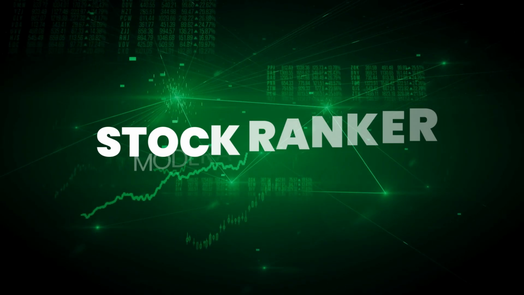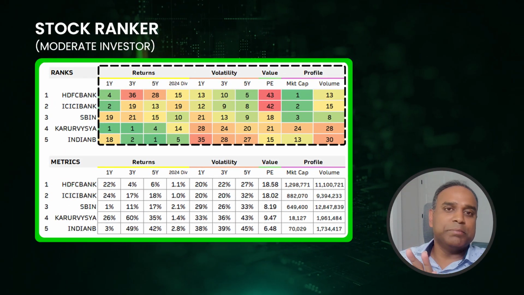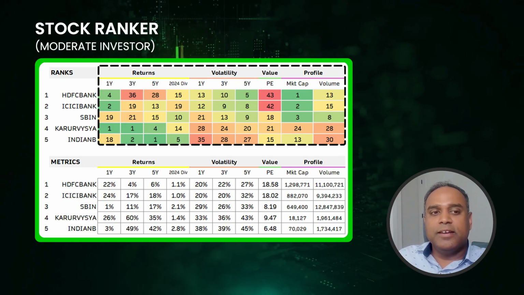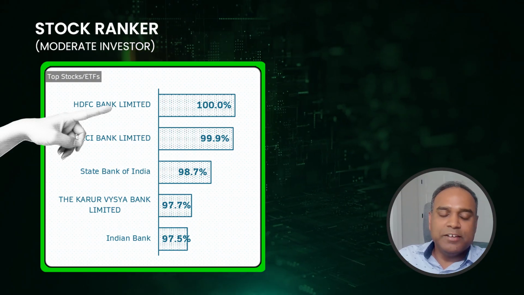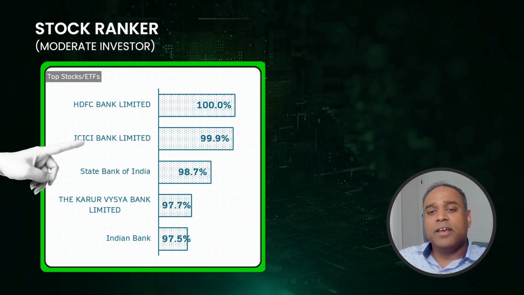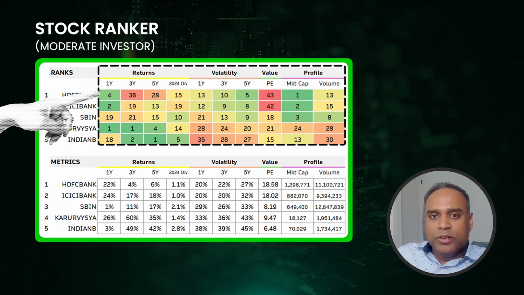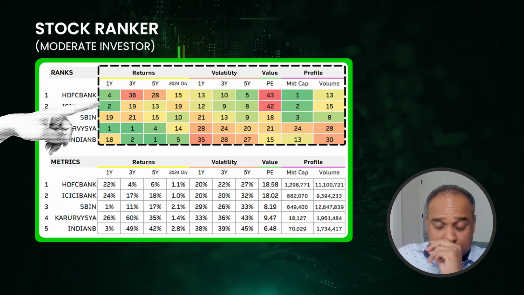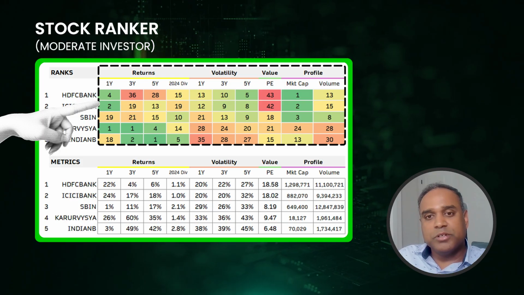Now, what if you're a moderate investor, where I am giving equal importance to all the 10 metrics? Giving equal importance to all the 10 attributes, which is my best stock? HDFC Bank comes to the top with ICICI very, very close. So the top 2 are HDFC Bank and ICICI Bank. And this is interesting when you look at the top table. Based on the last 1 year return, HDFC and ICICI Bank are very good, so they are in the dark green, towards the top in terms of ranking.